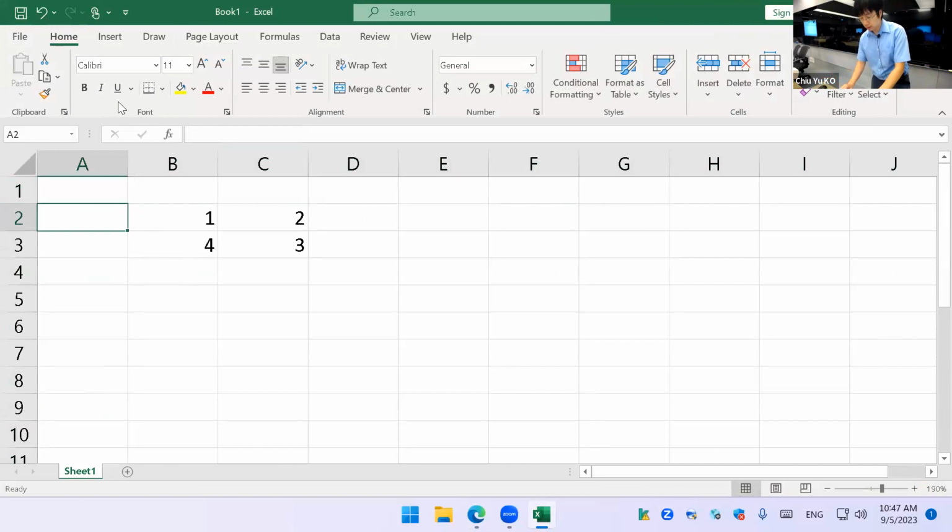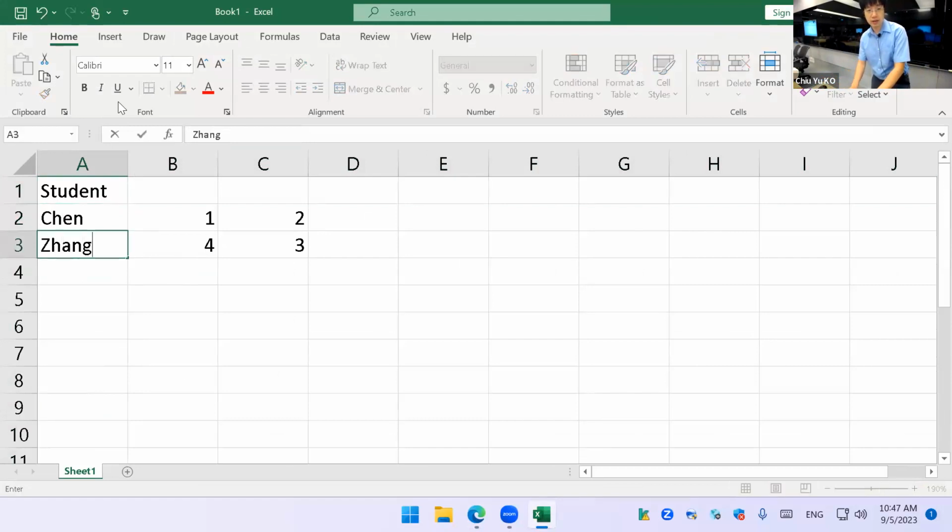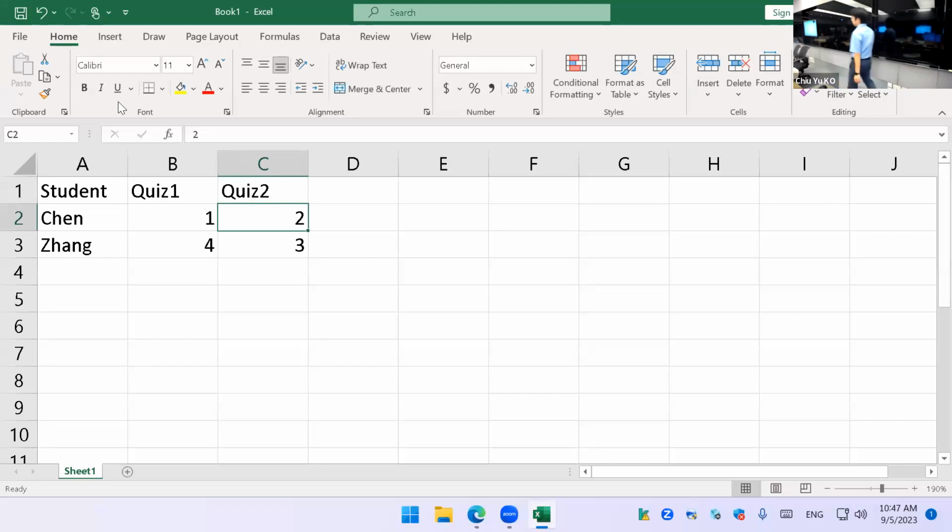Maybe this is student, maybe student, Mr. Chen and Mr. Zhang, okay? And this quiz 1, quiz 2, right? So this is the data I have at the end of the semester, right? Here you can see each row is an observation, and each column will be the data,